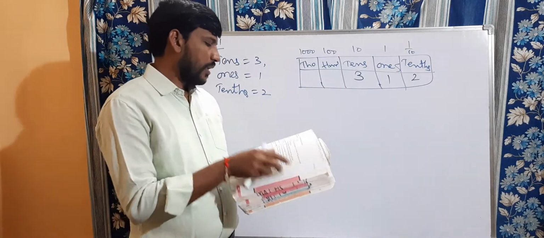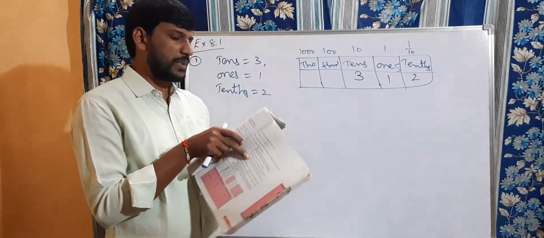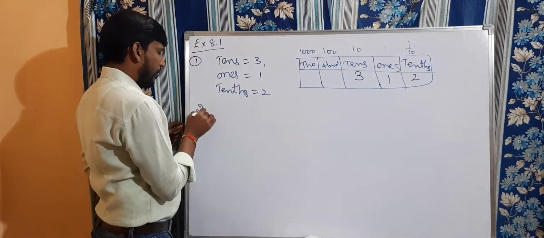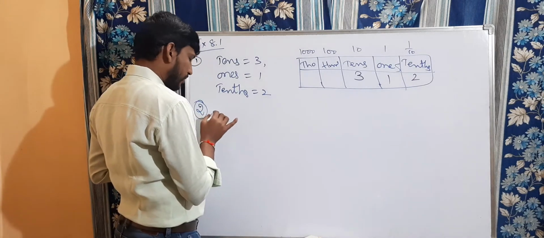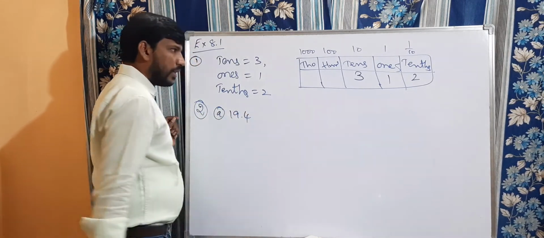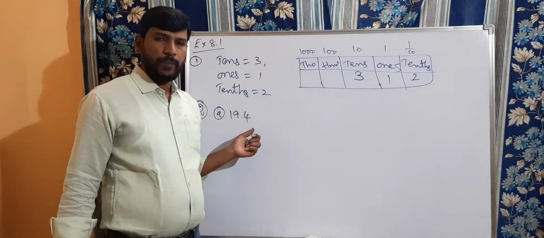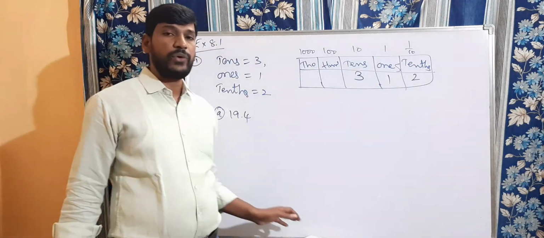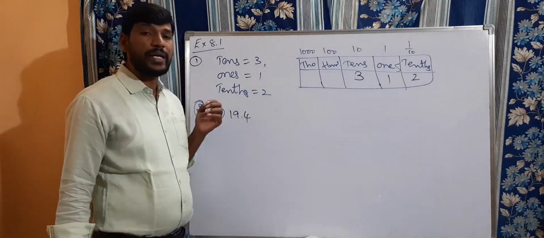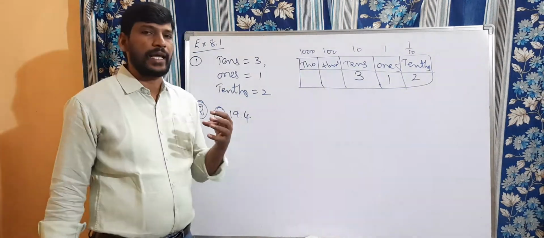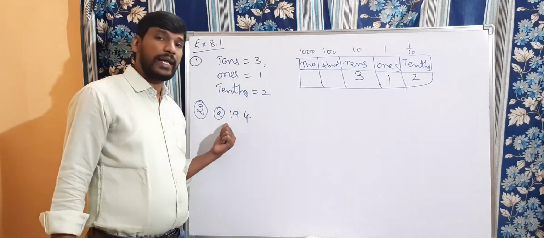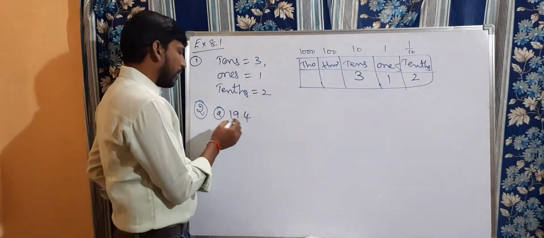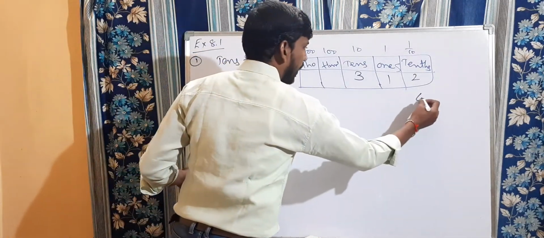You should do B1. Now coming to write the following decimals in the place value table. The same way here, question number 2. They have given decimal values. For A bit, 19.4 I am going to write. In 19.4, how many tens are there? How many ones are there? How many tenths are there? You need to recognize this first of all. This is the tenths part, this is tens. Clear? So here tenths is nothing but 4.